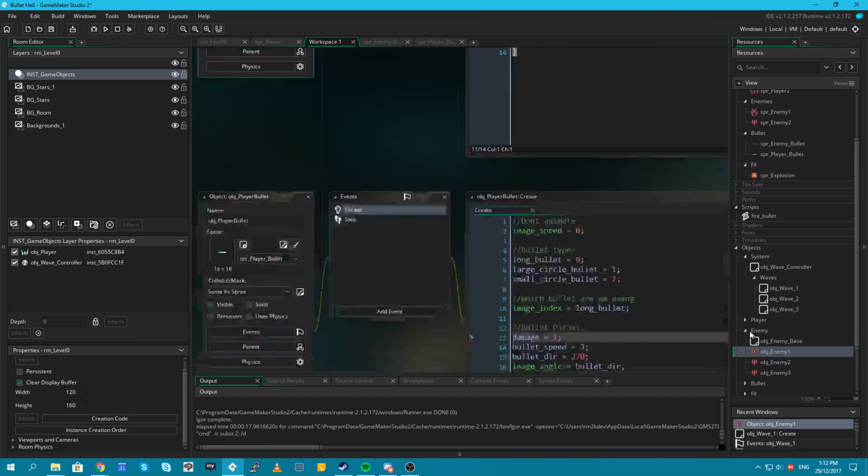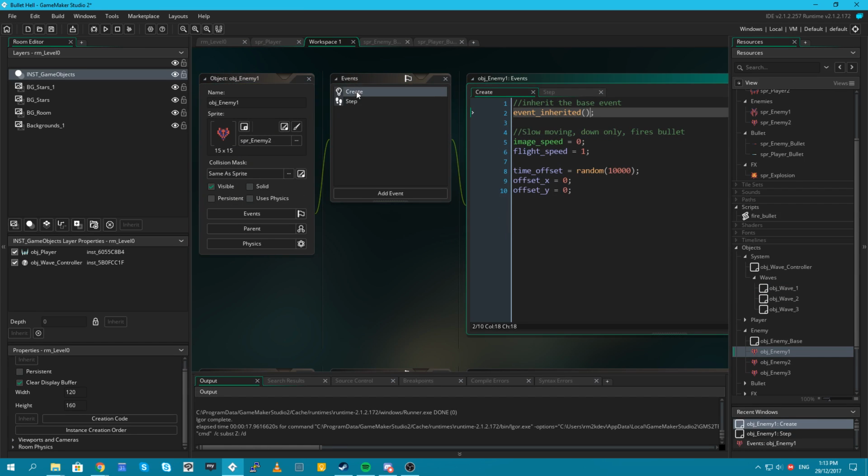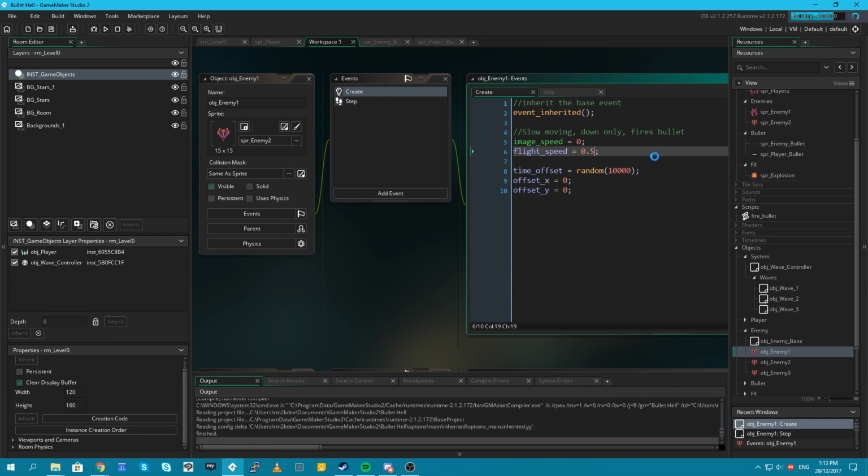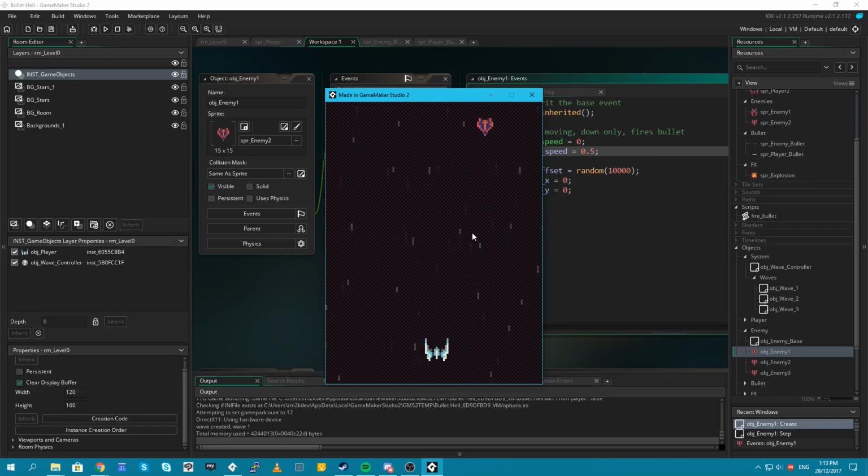And then I also think that that enemy is moving too fast. So let's set its speed from 1 to maybe... Let's set this guy to 0.5, so we can move twice as fast as these guys at the moment. So we've got time to come over and really shoot at them. Make the game a bit more fun, you know?